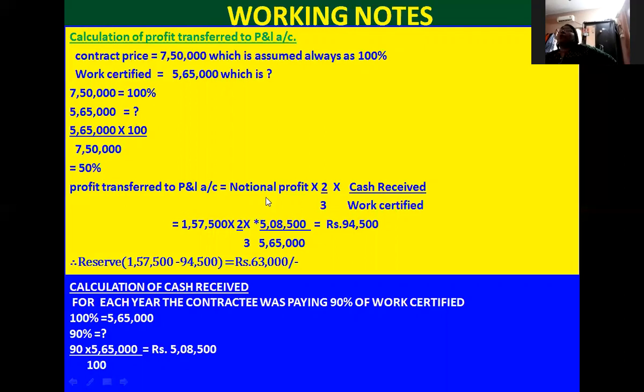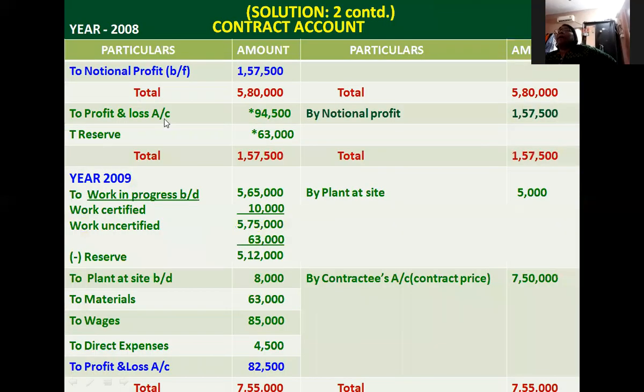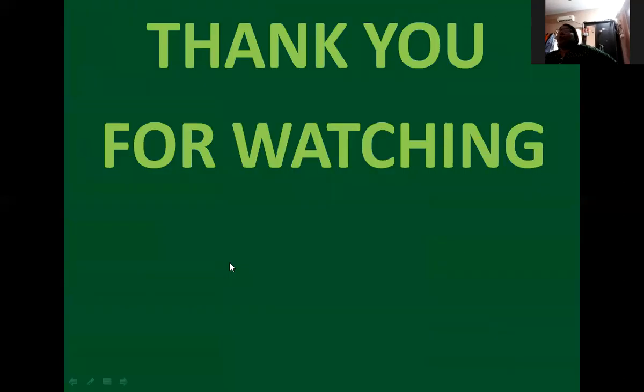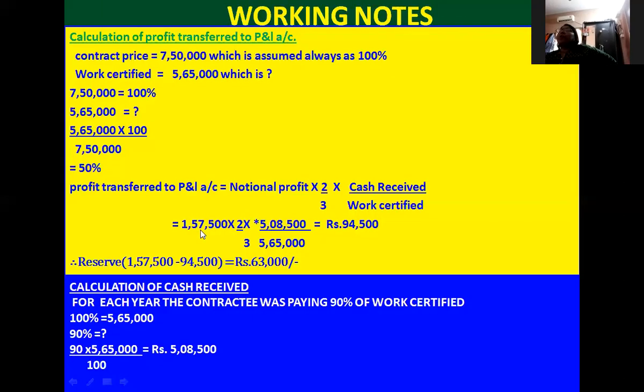50. So what is the formula to calculate the profit transfer to P&L account? Notional profit into 2/3 into cash received divided by work certified. So what is the notional profit as per the 2008? That is 1,57,500. So that amount only I mentioned over here, 1,57,500 into 2/3 into cash received 5,08,500